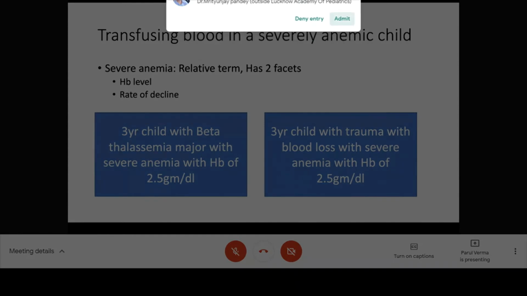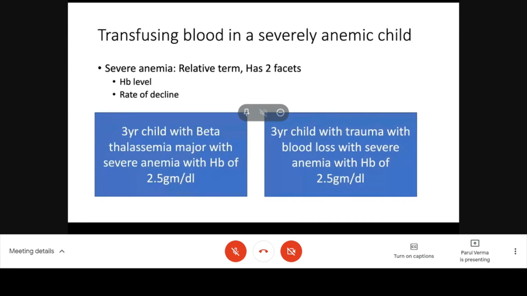In a child with acute blood loss, you can pump blood. You can give rapid transfusion. On the other hand, in a child with thal major, the drop in hemoglobin has happened over time, so the symptoms would be minimal. He may be having CHF, so you cannot pump blood in such a child. The rate of transfusion has to be slow so that the hemoglobin rise is gradual and the child's body is able to adapt to the extra volume given. On the other hand, in a child with hypovolemic or hemorrhagic shock, you can easily replace the volume of blood which the child has lost.